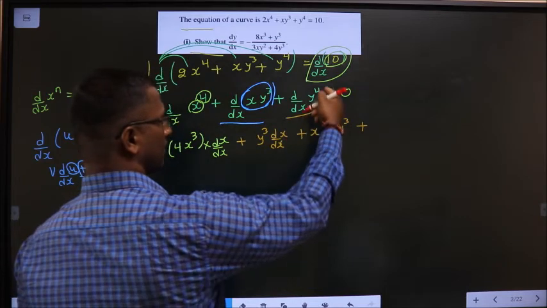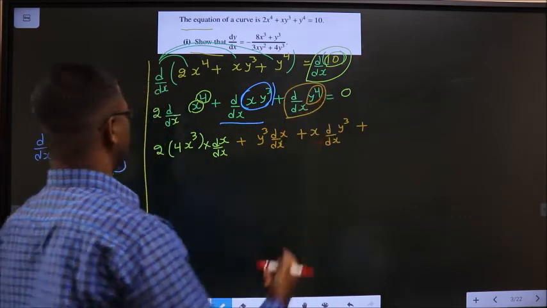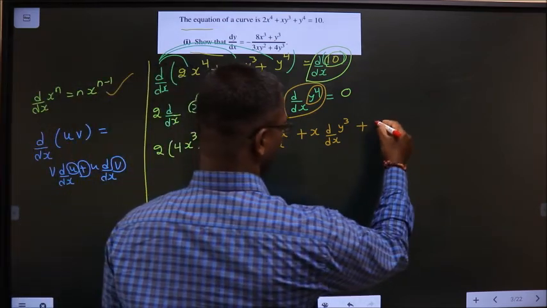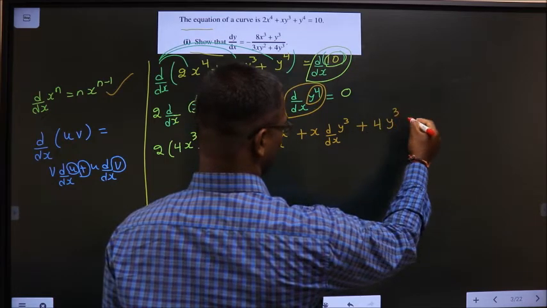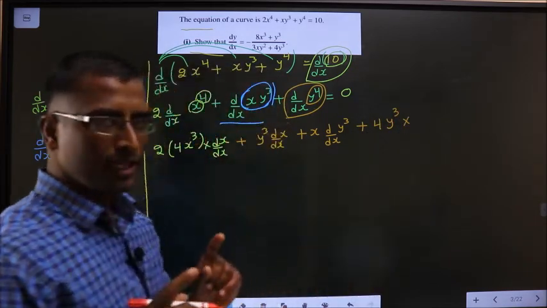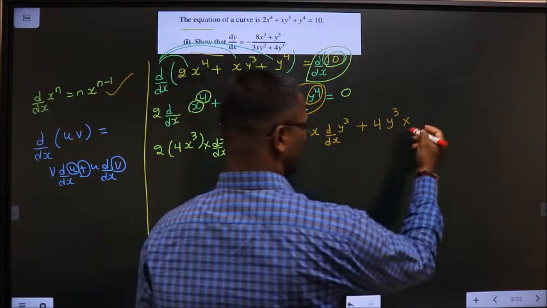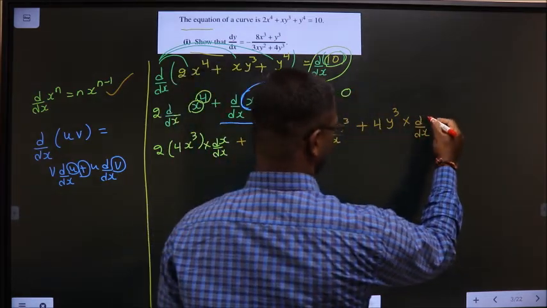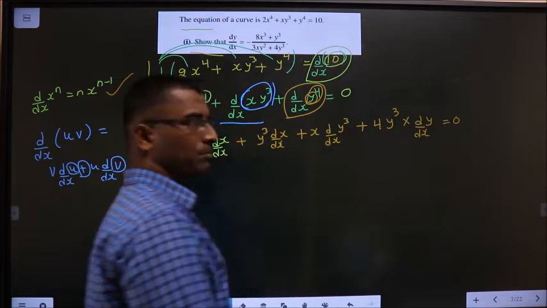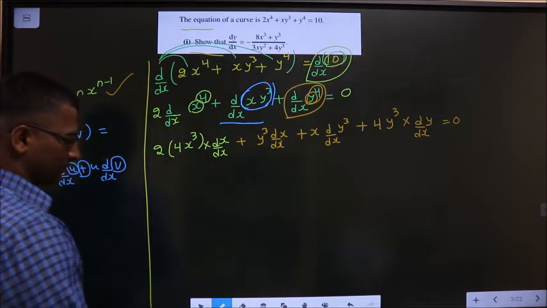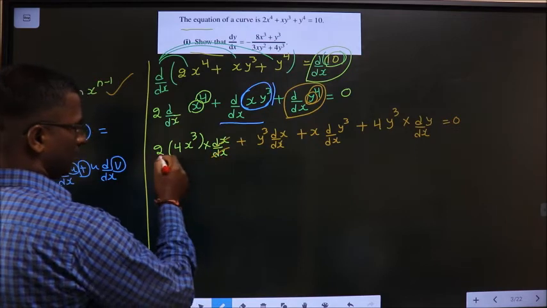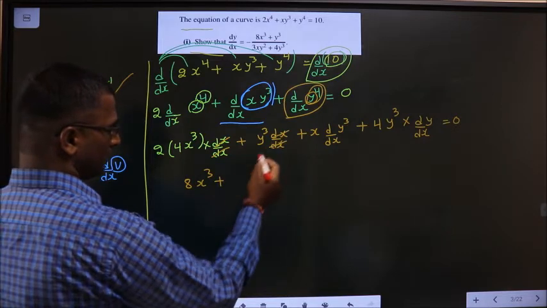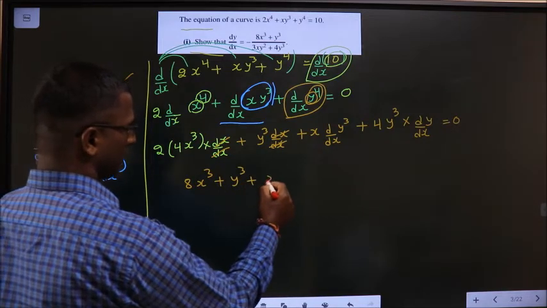Now here, apply the x power n formula, this one. In place of n, it is 4. So you get 4 into y power 4 minus 1, 3 into, don't forget the good practice. It is always to the answer multiply d by dx of this letter present. So y equal to 0. Clear? Now, when here this cancels out, you are left with 2 into 4, 8x cube plus, here also this cancels out, y cube plus x.